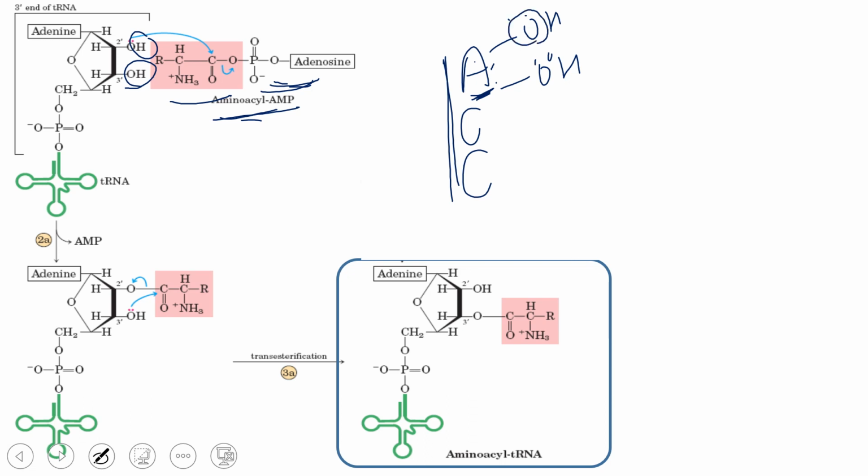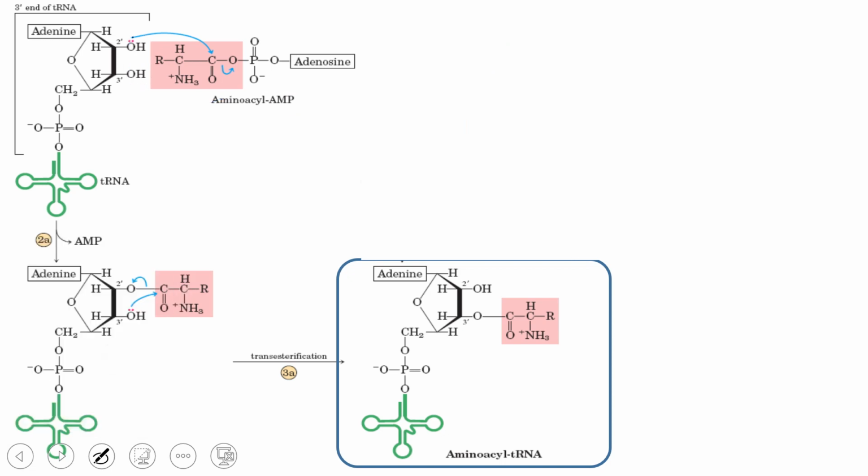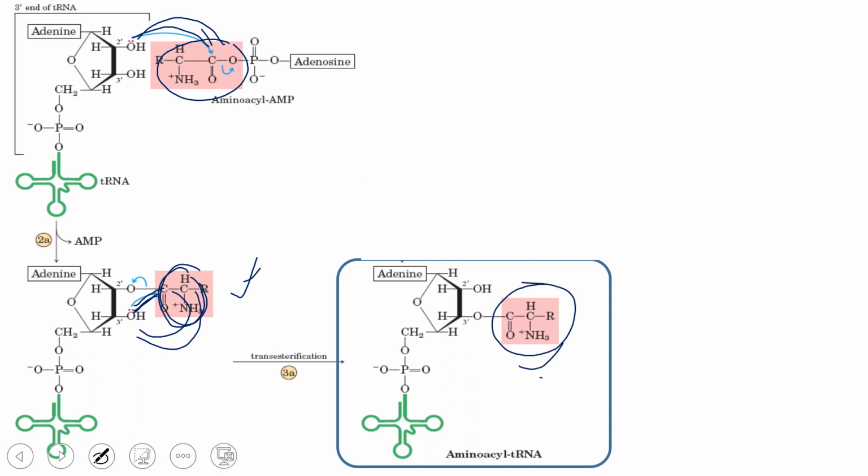अगर रिएक्शन में दोनों ऑक्सीजन के पास लोन पेयर है, if the lone pair of the second prime oxygen participates in the reaction, तो क्या होगा? सबसे पहले सेकेंड पोजीशन का लोन पेयर इलेक्ट्रॉन अटैक करेगा. So the amino acid will be first transferred to the second position of the adenine, जो आप यहां देख रहे हैं. And then in the next reaction it needs to be transferred to the third place. So उसका next reaction, this lone pair will attack and this amino acid will be ultimately transferred to the third place. So last में मुझे ये थर्ड पोजीशन पे ही चाहिए.